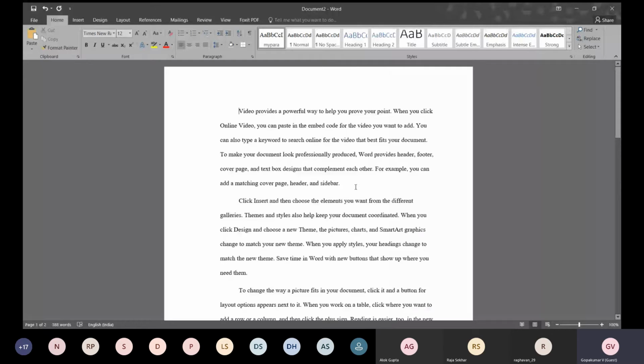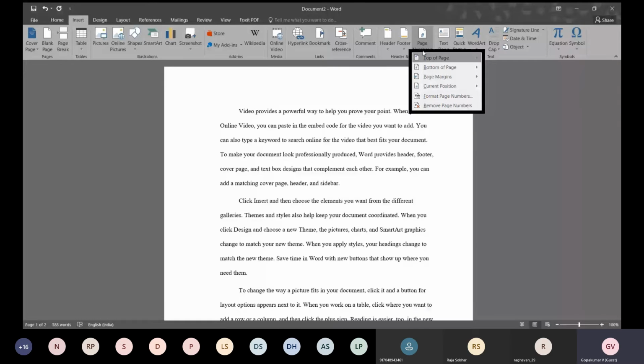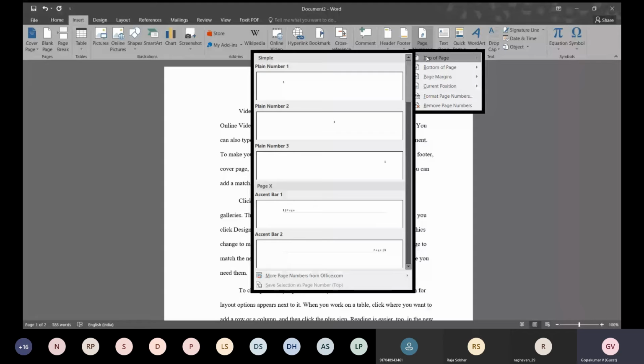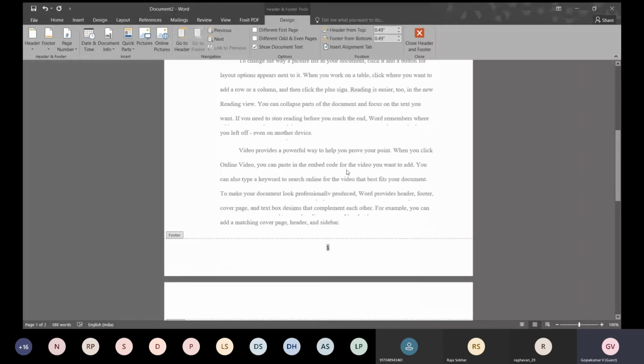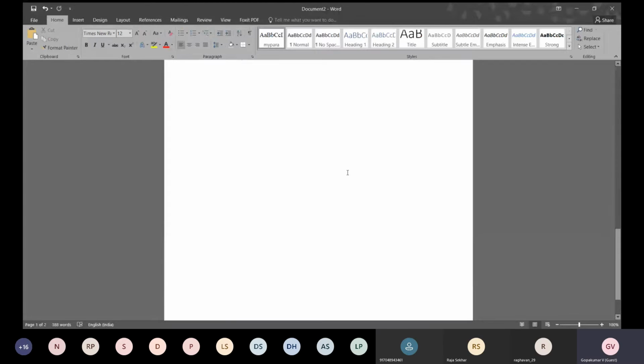Now we will go for inserting page number. So styles are over. How to insert page number? Go to insert option. This is the option for inserting a page number. So there are options for top of the page or, anywhere you want accordingly, for bottom of the page. So I prefer this one in the middle, and you have to go by the style manual. You have to go by the style manual. See here it is page 1, page 2, like that it has come up.